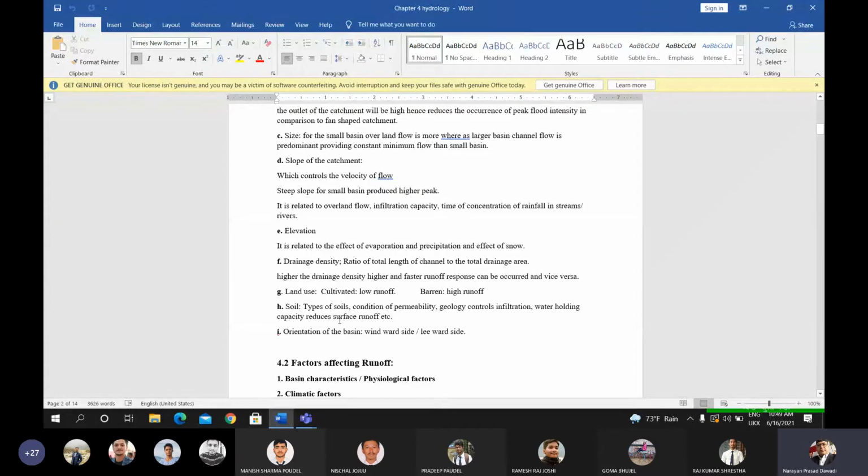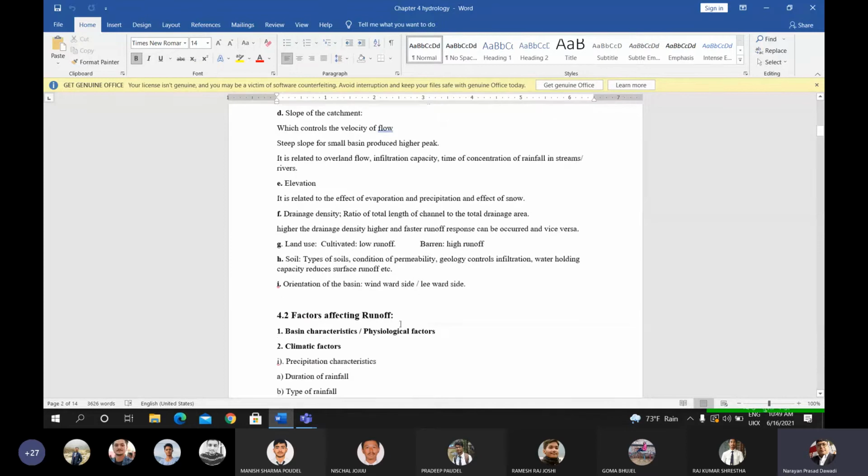And the soil type. According to the type of the soil, the condition of the permeability of the soil, whether the soil is permeable or impermeable. A soil that is highly porous or highly dry, or that contains many voids, will have a high infiltration rate. So the water holding capacity of the soil also determines the surface runoff, whether the soil is able to hold the